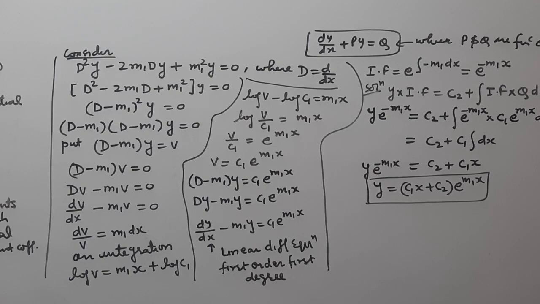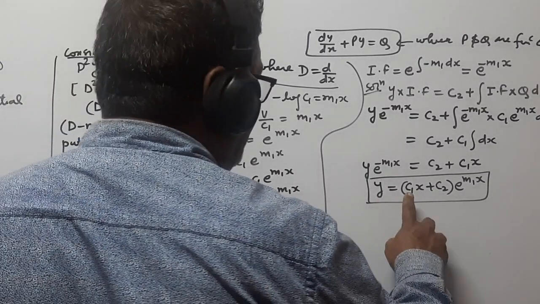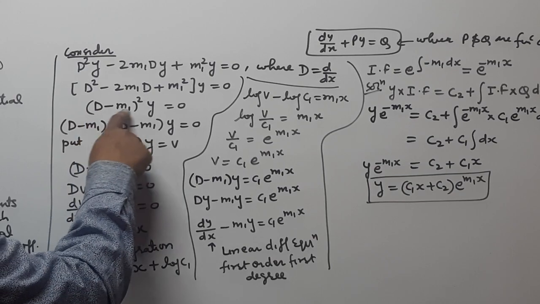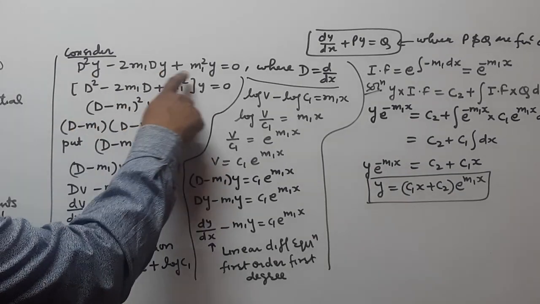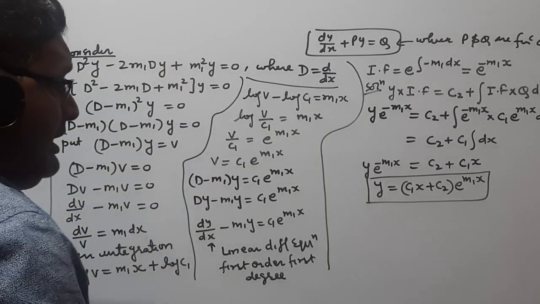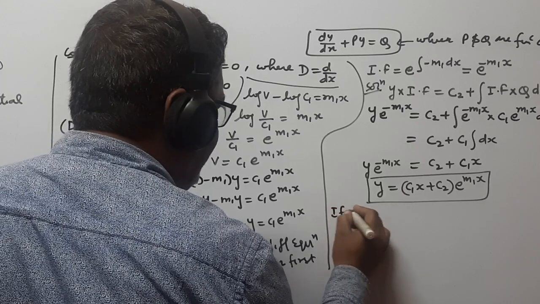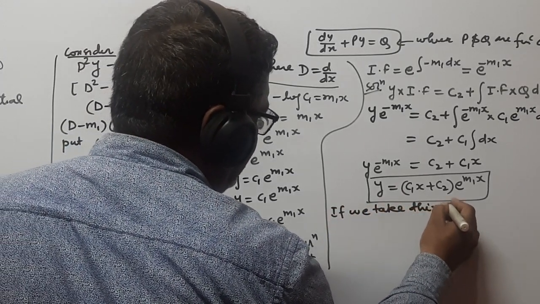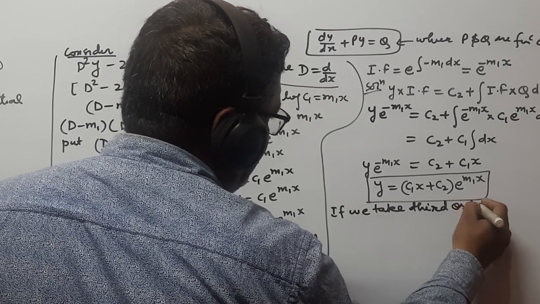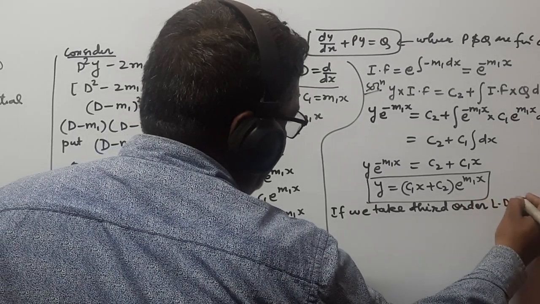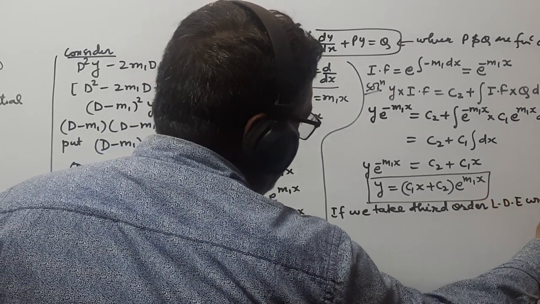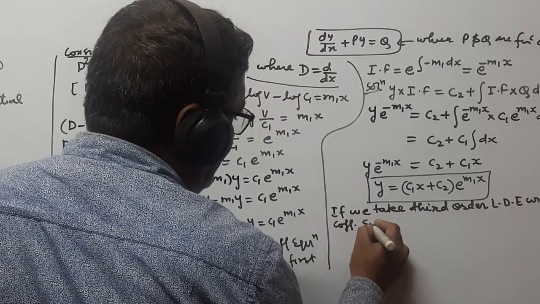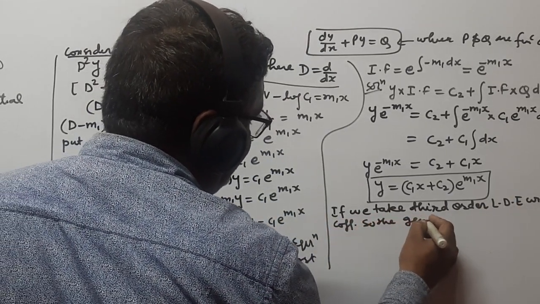You can see here this solution has two arbitrary constants, and we considered the second order differential equation. If we take a third order linear differential equation with constant coefficients, so the general solution